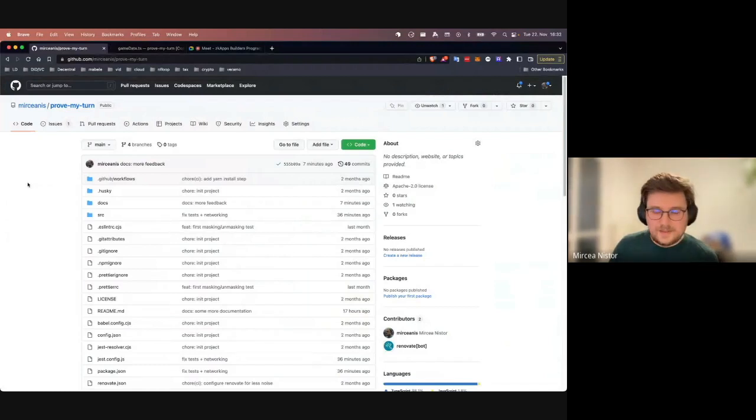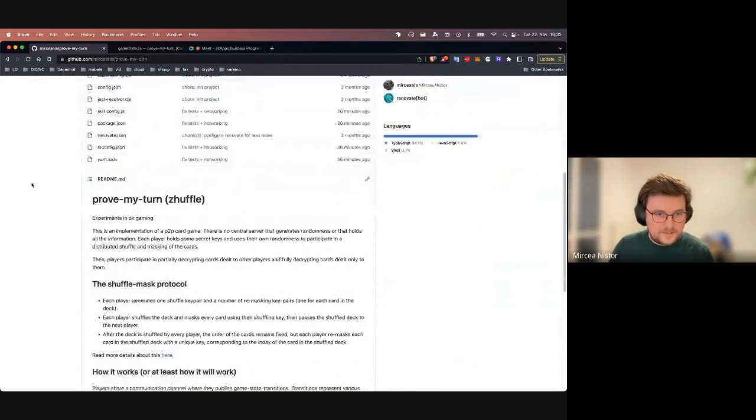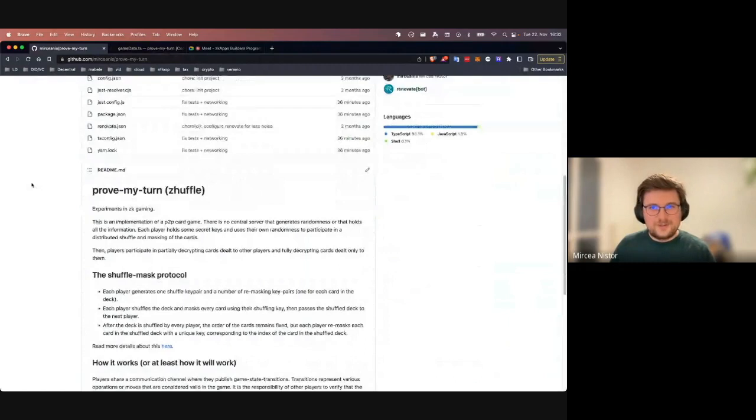So I worked on this framework for peer-to-peer card games. Let's say I wanted it to be a framework in the beginning, but then I decided that I need to test it in a game, but I didn't get to the game part. I just started with the framework stuff. So the idea of this is that